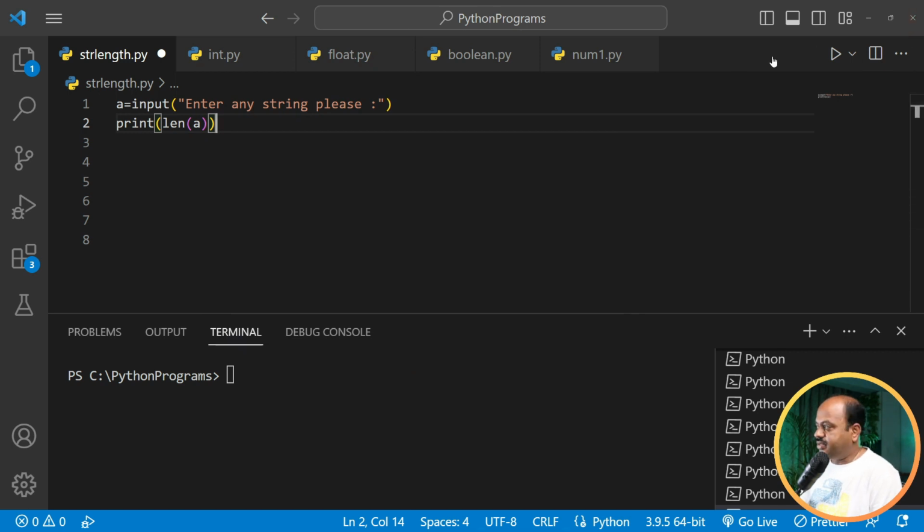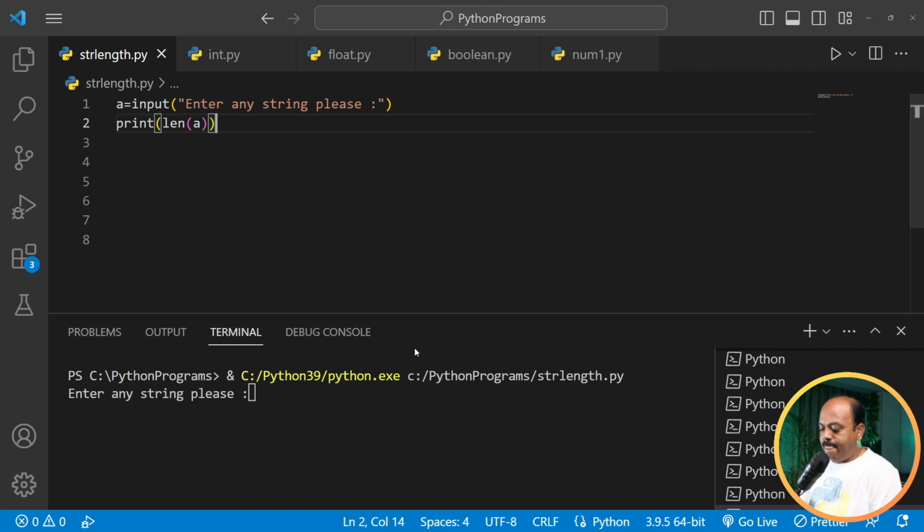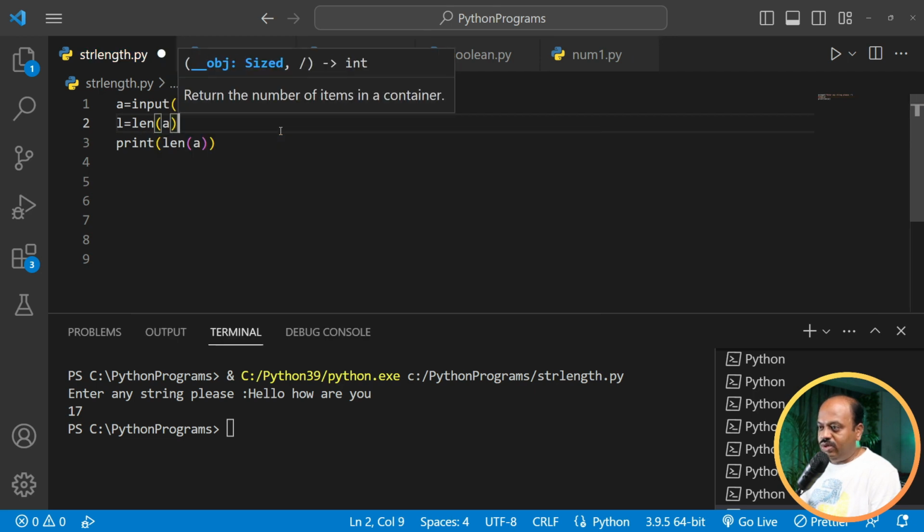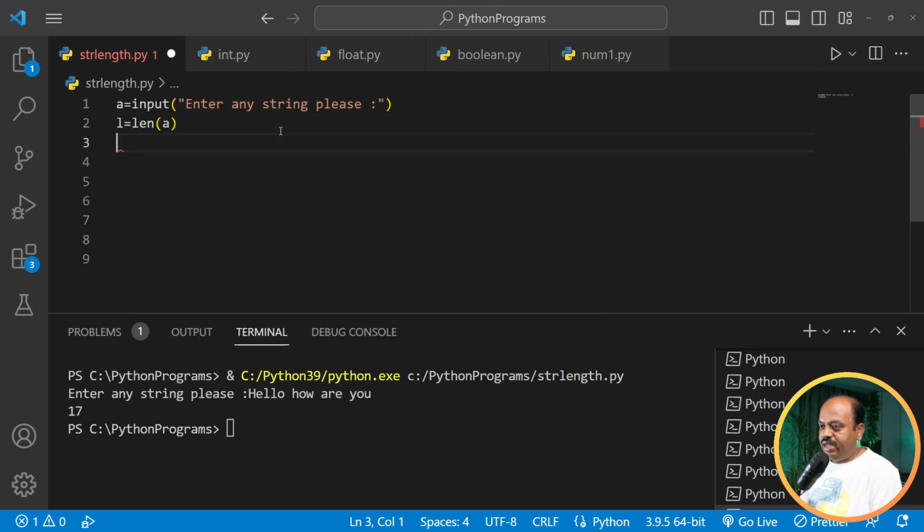You can run this. Suppose I write, and it will return me the length of the string, that is 17. So this program is executing properly. But what I want to write is, I just don't want to write the length, I want to write the string as well as the length. So how to write that? What I'll do is I'll store the length in variable L. So L is equal to length of a, and then in the print statement, what I'll do,